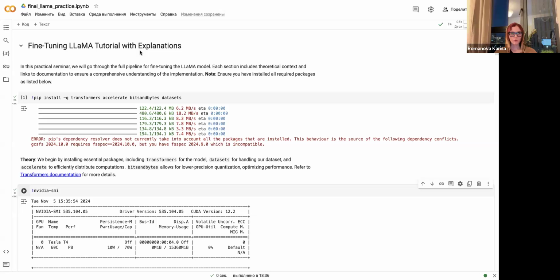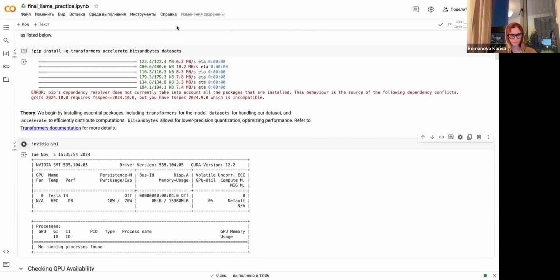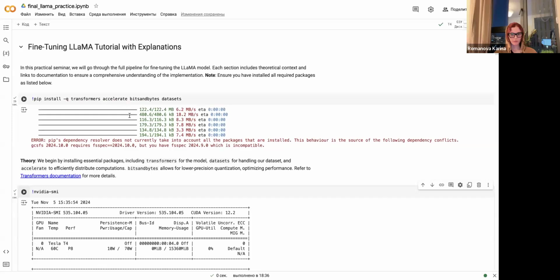But today, I will not go deep into the details of optimizing large language models, because we will cover it in two weeks. But I will tell you all the information that you need to understand right now. So here we are setting up the environment in Google Colab, and we begin by installing essential libraries, for example,